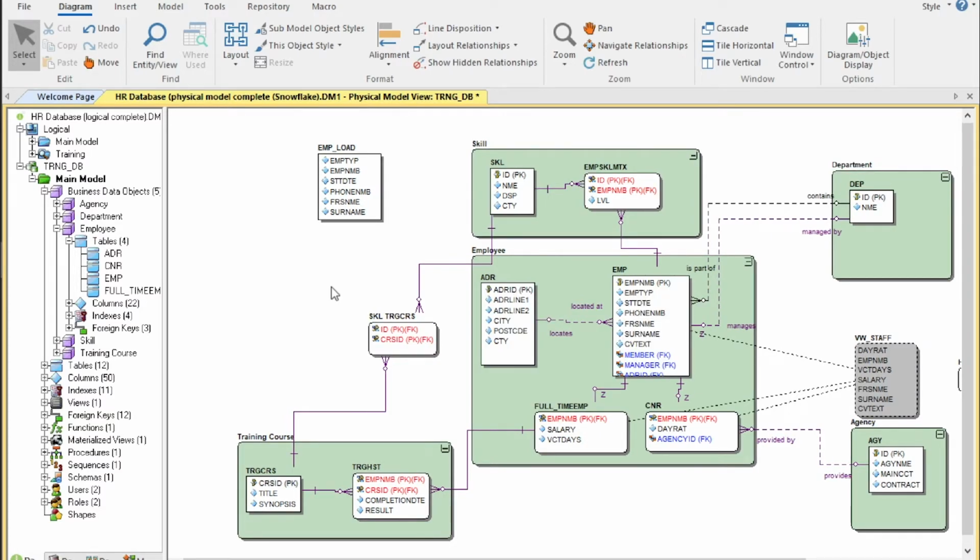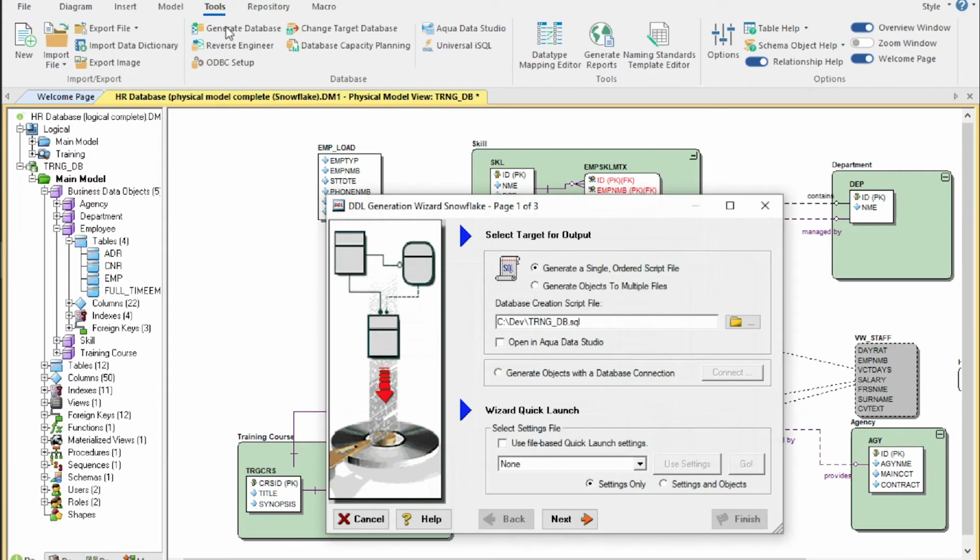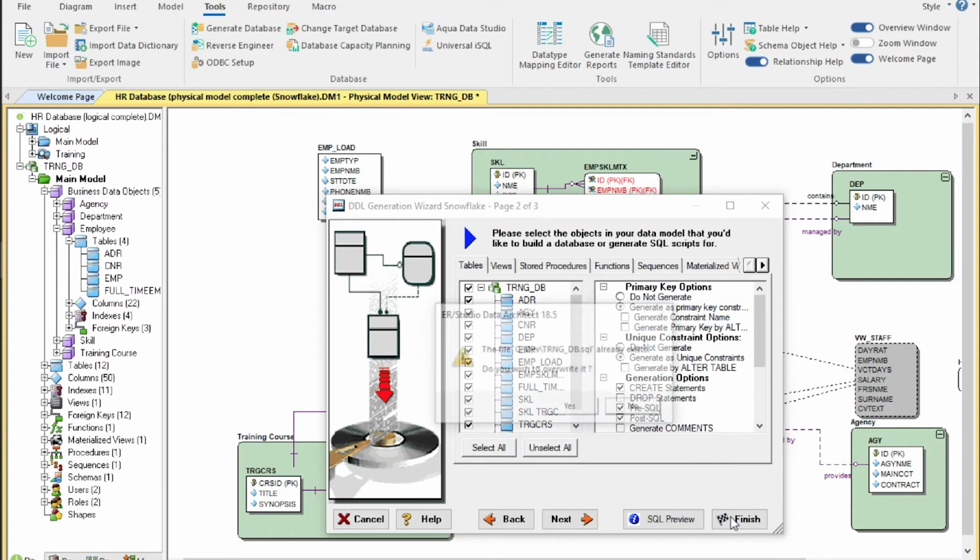We've also built an integration with Aqua Data Studio, which is another IDERA product. It's designed for database administrators, database code developers, and data analysts. It's a tool for them to be able to work with SQL code and databases directly. It also has really good connectivity into DevOps type tools, such as source code management. Within Data Architect, the idea is that the Data Architect, having finished developing the design, would then generate their DDL code. And you can see in the Generate DDL wizard, there's a new option, open in Aqua Data Studio. So when I go through the wizard, I generate,